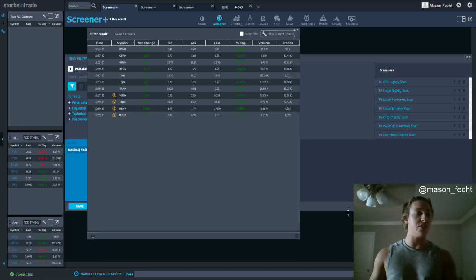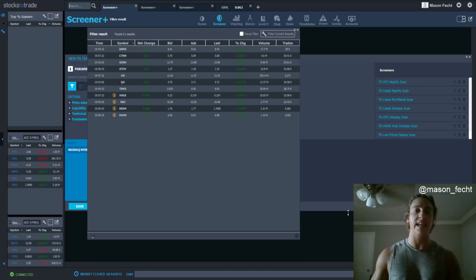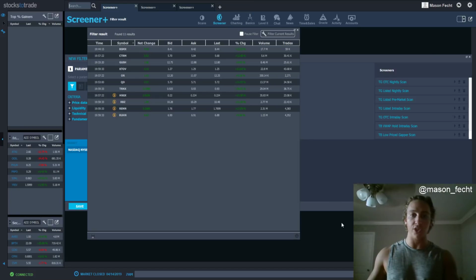And then I always have top percent gainers pulled up on stocks to trade, but all of my scans generally pick up what I'm looking for. So I'll occasionally look at the top percent gainers, but I generally just look at my scans. But anyway, let's go ahead and go through this. So the first thing I'm going to show you how to build is the listed intraday scan. So we'll start from scratch,